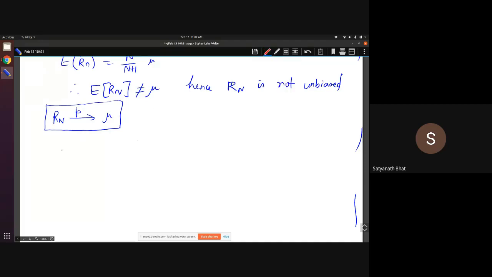Essentially, if you want to estimate the goodness of an estimator, you look at the mean square error of the estimator, the mean square error of theta hat. This is given by the expected value of theta hat minus the actual parameter that you are interested in, squared. This is what you want to minimize. An estimator with lower mean squared error is desirable.